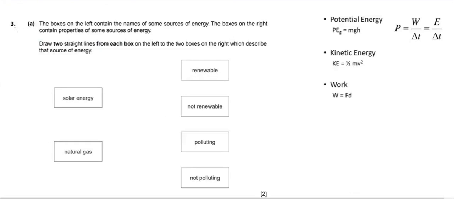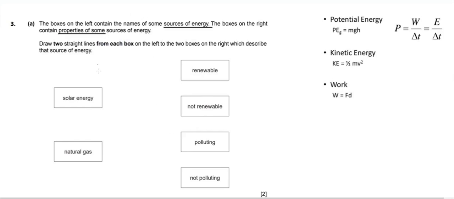Now question number 3. The boxes on the left contain the names of some sources of energy. So here you can see some sources of energy. The boxes on the right contain some properties of the sources of energy. So here are some properties given. Draw two straight lines from each box on the left to the boxes on the right which describe the source of energy. Okay, so we just have to